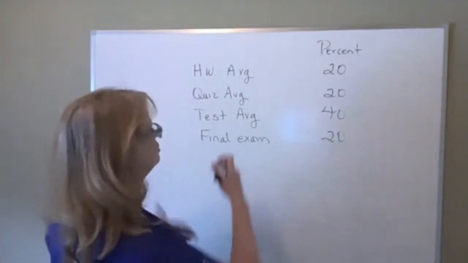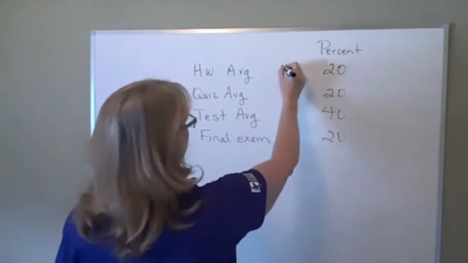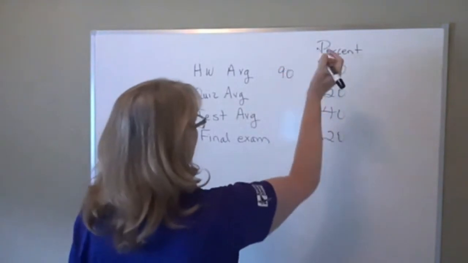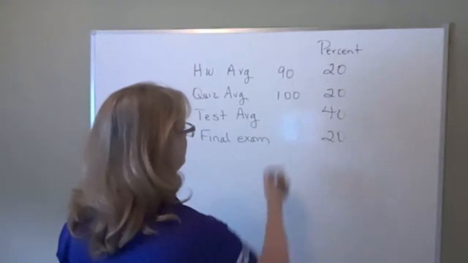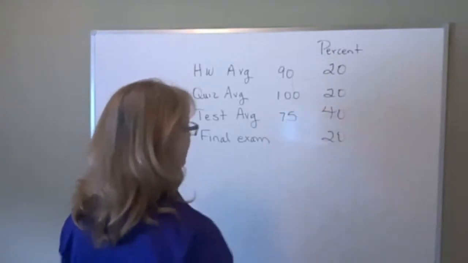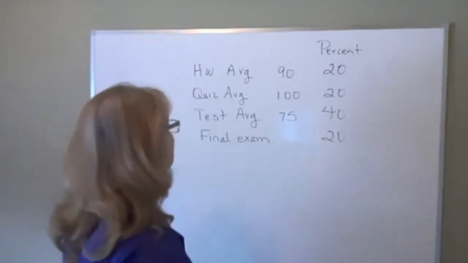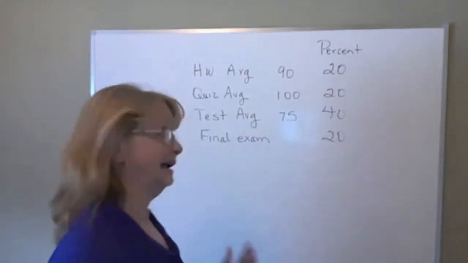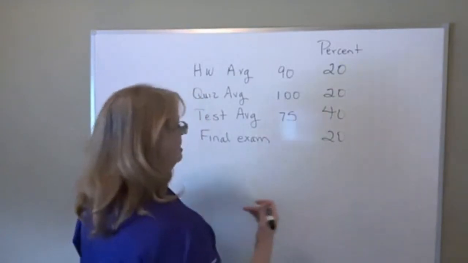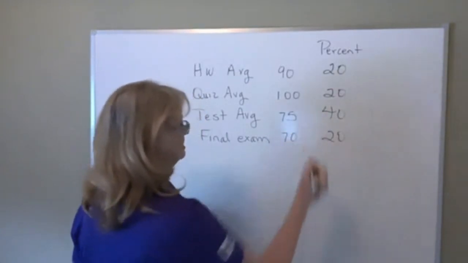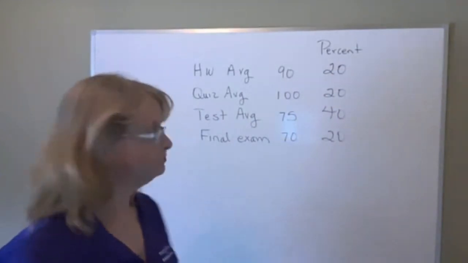And so what you would do for each of these, let's suppose at the end of the semester, you ended up with say a 90 homework average and a 100 quiz average, and let's say you ended up with a 75 test average. I'm trying to be like what a typical student would be, although a lot of people do have higher and lower test averages. And let's say on the final exam, this person ended up making a 70, okay? So do you see that this looks very much like that problem 10?